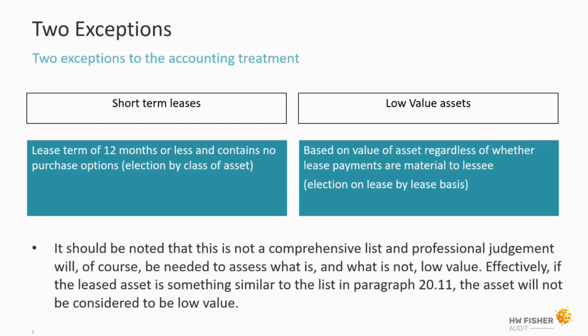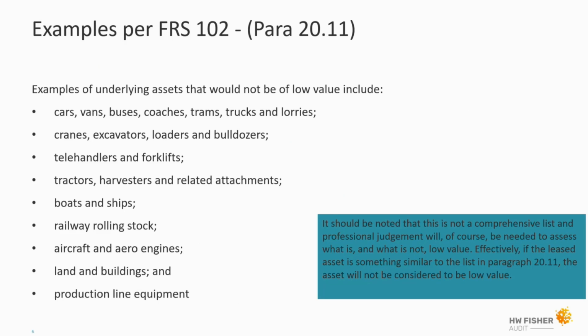The other exception to the leases is low value assets. Now FRS 102 has been a little bit less prescriptive on what a low value asset is, but I think the key for FRS 102 is thinking about it